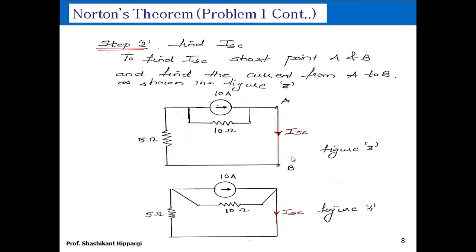The second important thing that we need to calculate here is ISC or IN, or short circuit current. Where we need to calculate it? Between the point A and B. So we need to short the point A and B. See here, from the question the load terminals were given as A and B, we have simply short circuited it. First short circuited. After short circuiting it, I need to calculate the current which can go from A to B, or which can move from A to B. This, I have named it as ISC.